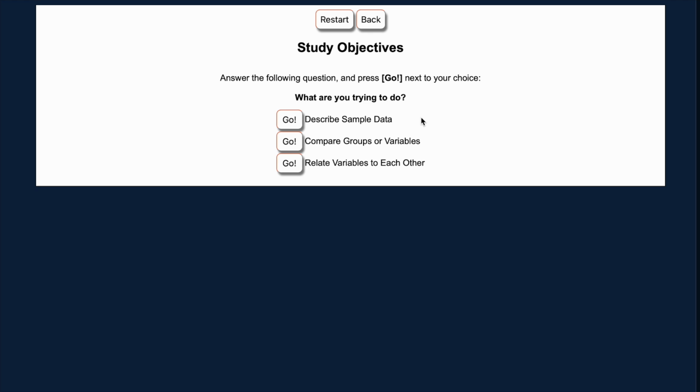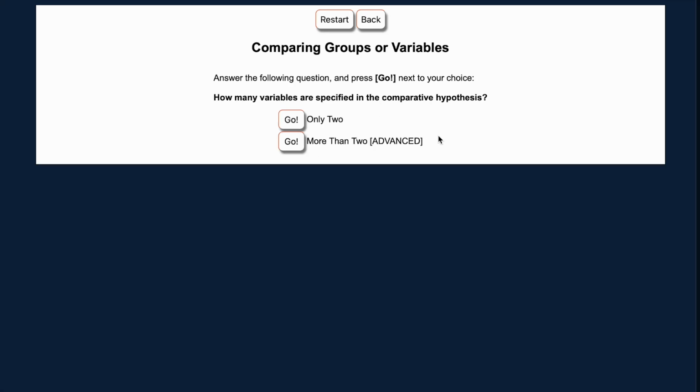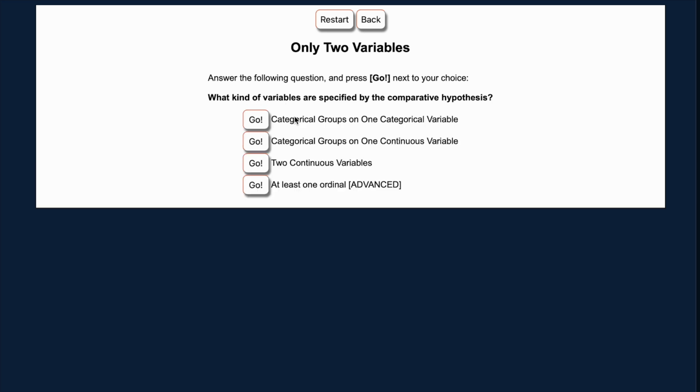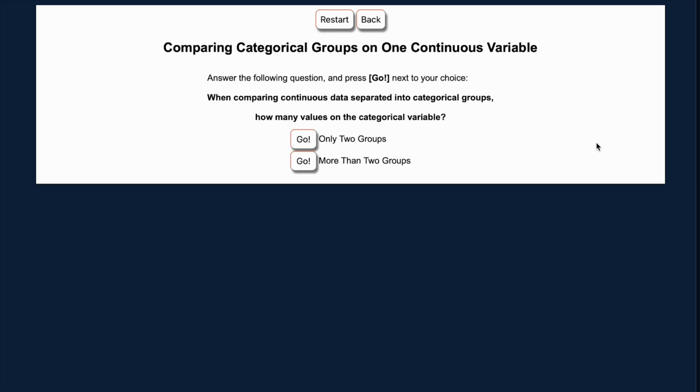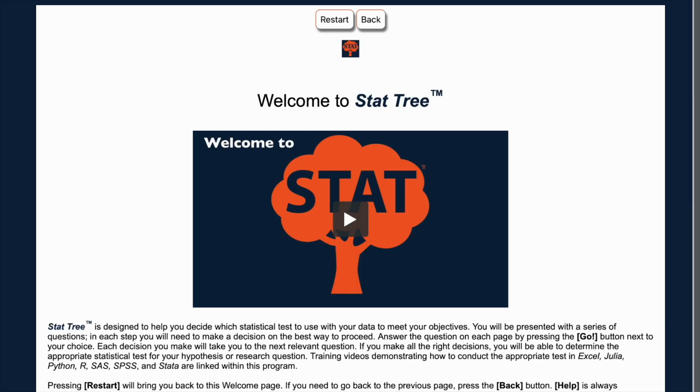Are you summarizing data on one variable, or are you trying to test a hypothesis? If you are testing a hypothesis, is the hypothesis a comparative type or a relational type? You will also need to know how many variables are specified in the hypothesis, what type of variable for each variable in your hypothesis, and how many values on any categorical variables that may be in your hypothesis. StatTree will guide you through those questions and demonstrate how to use the tools at your disposal to answer your